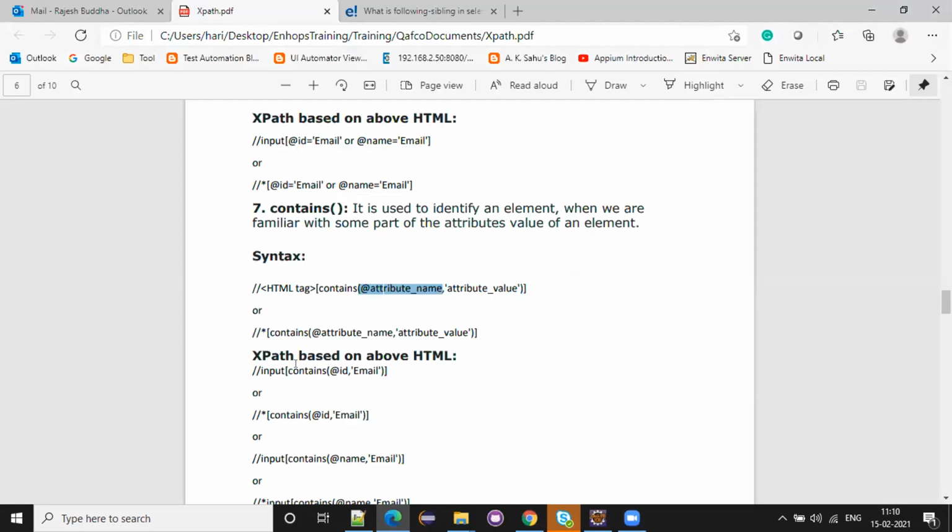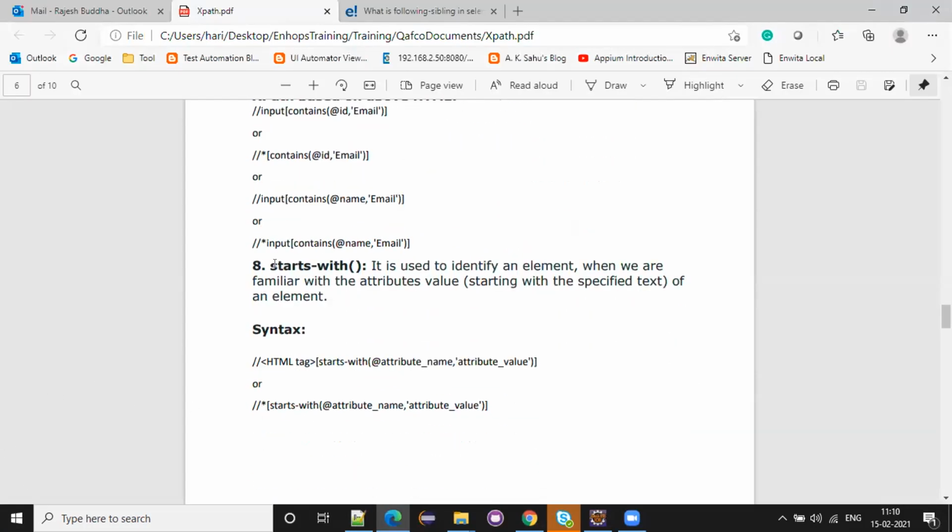So contains is also done. What is starts-with? See the syntax first. Double slash, tag, starts-with, attribute name, attribute value.